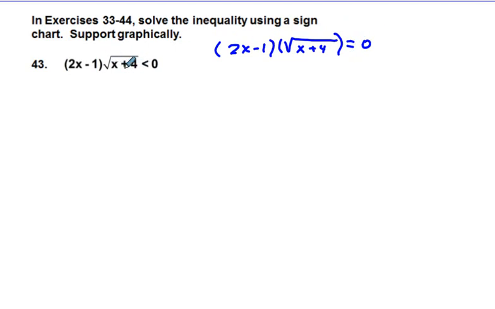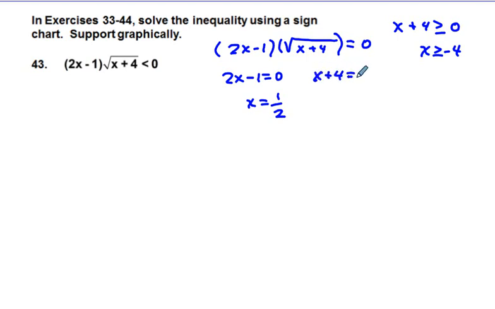And we have a square root also, so we also know that x plus 4 has to be greater than or equal to 0. So x has to be greater than or equal to negative 4. So that's also a restriction. Now, for 2x minus 1 equals 0, we would have x equals 1/2 as one of our critical numbers. And as x plus 4 is equal to 0, we'd have x equals negative 4 as one of our other critical numbers. So we can now put this on a number line, get the sign chart,